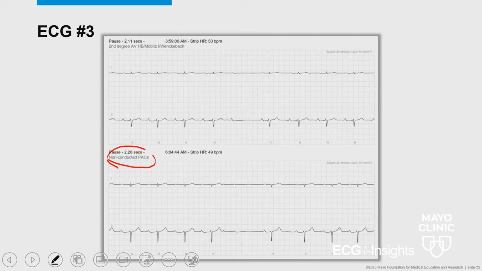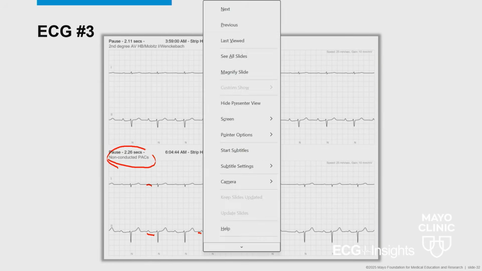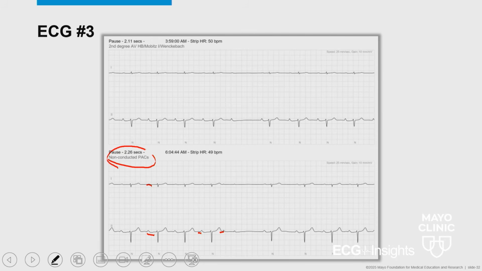because what we need to do to diagnose a non-conducted PAC is look at the P wave morphology. Going back to our original Einthoven's triangle diagram, we have lead 2 and lead 1, right? They're positive in both of them, so likely sinus. But this P wave here is a little shorter, a little narrower than this P wave here, okay? And same with this. So it is coming from a lower part of the right atrium, assuming this is a sinus node as well. And it's got a narrower width.